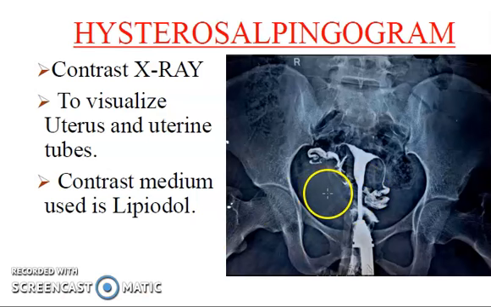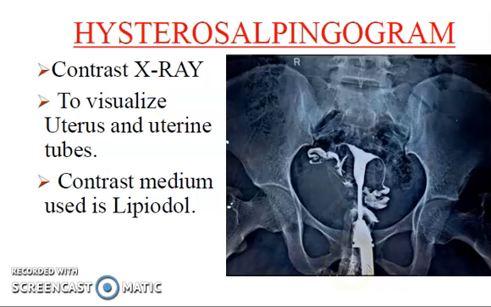Other indications are recurrent abortions, following tubal surgery, migrated IUCDs, or uterine or tubal lesions such as tuberculosis, some fibroids, or it can be polyps or synechiae. These are also the indications for doing hysterosalpingography. The contraindications are whenever the patient is having pelvic sepsis, never do this. Pregnancy is also one of the contraindications. Then cervicitis, renal or any cardiac disease, you should not do this.